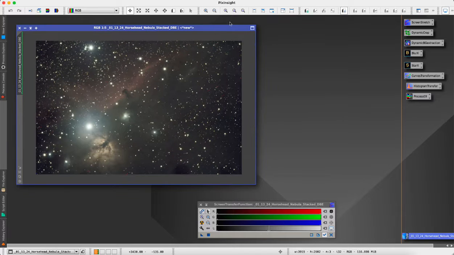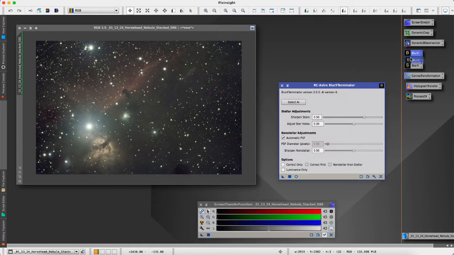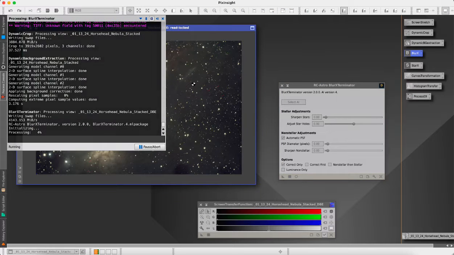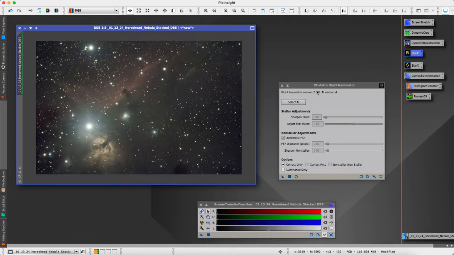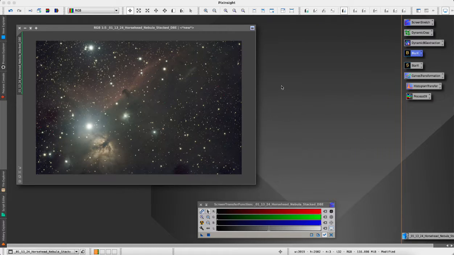Now the next thing that I want to do is go to Blur Exterminator, and we will choose to correct only. And we'll drag that across onto here, and that will just help remove some blur around the edges of stars. It's not super visible initially, but it does make a difference. So then we will run Blur Exterminator again later to sharpen non-stellar objects, but we won't do that right now,